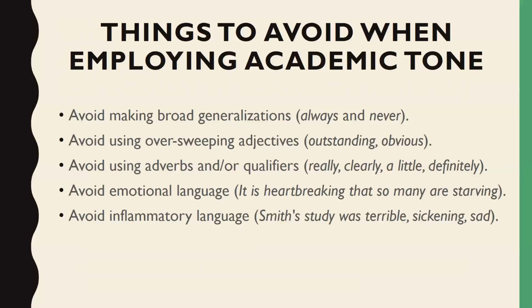So really a lot of the power in academic tone is creating the phrasing and laying out the information that allows the reader to make that assessment for themselves. So you don't really have to come out and say that this is sad, this is heartbreaking, this is a social problem, this needs more attention, this needs more funding. Whatever it is that you're trying to convince your audience of, the emotional language that's direct kind of cheapens the effect of that. We want to give our readers the kind of credit that we want when we are reading,